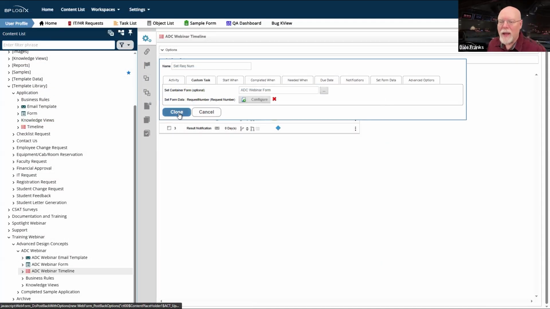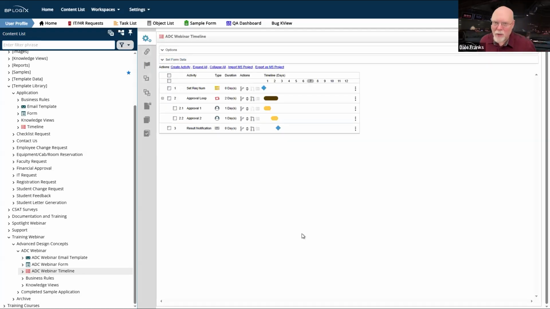So you can do all kinds of cool things with it, but I do it in the process for a very specific reason. I don't want to burn sequence numbers. If I want to generate a sequence number in a form, it's going to have to generate it before the form is submitted. There's no way that I can say, only generate the sequence number on the form if I'm submitting the form. It just doesn't work that way. I don't have that granular of an access to when the set form data activity runs.